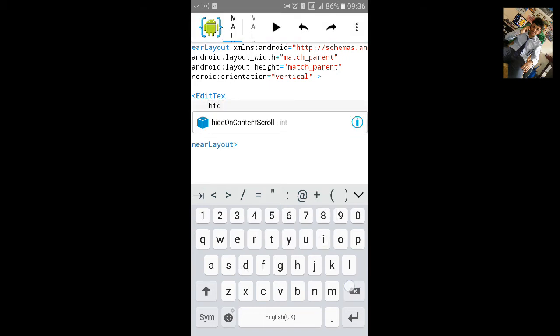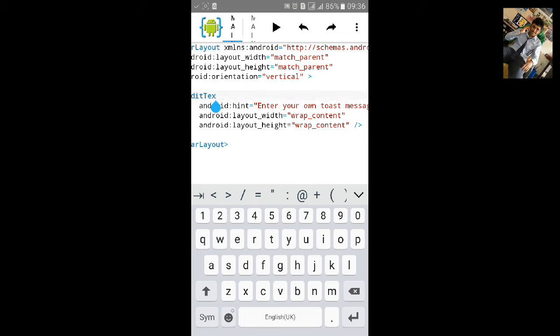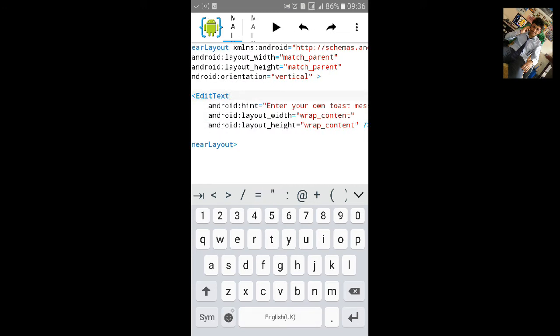We'll add hint, enter your own toast message. Then add ID,